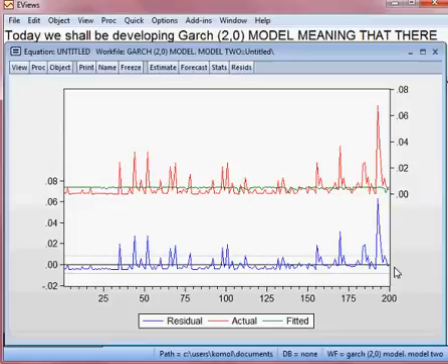At the same time, a period of high volatility is followed by a period of high volatility for a prolonged period, and that is called clustering volatility. So probably we can estimate the model using the ARCH model,